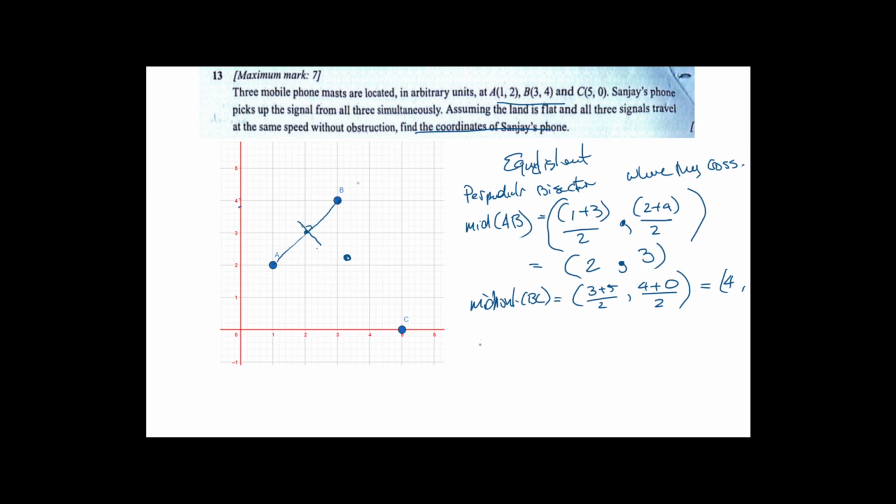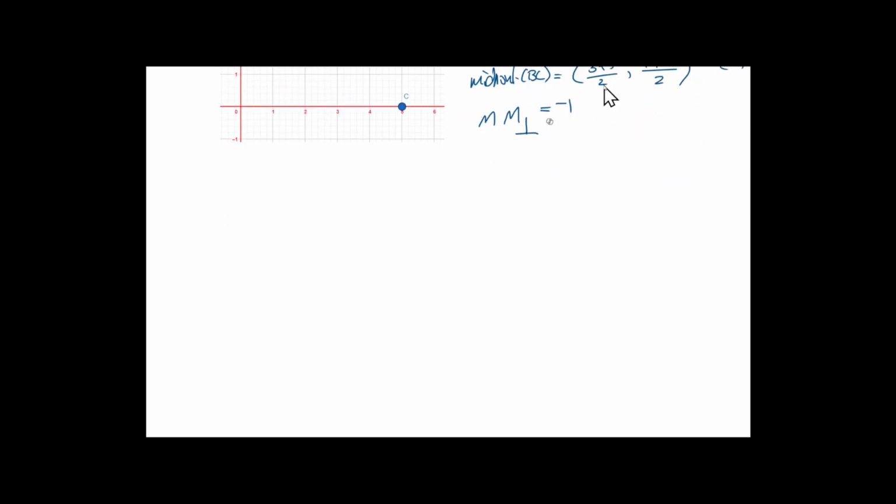So remember the formula: the gradient of the original times the gradient of the perpendicular equals -1. And remember, if it's 1 over 2, the perpendicular gradient is going to be -2 over 1. It's going to go negative and they're going to flip. So with that said,